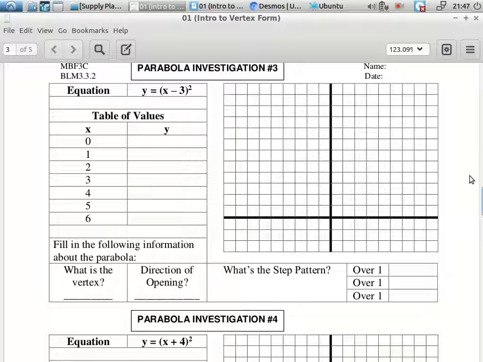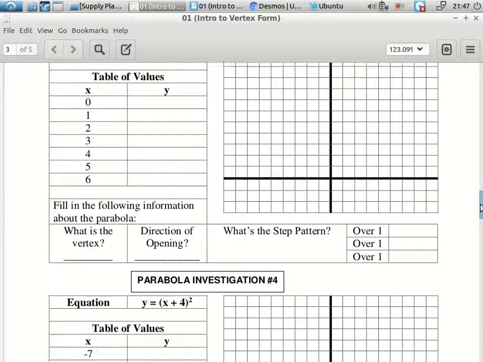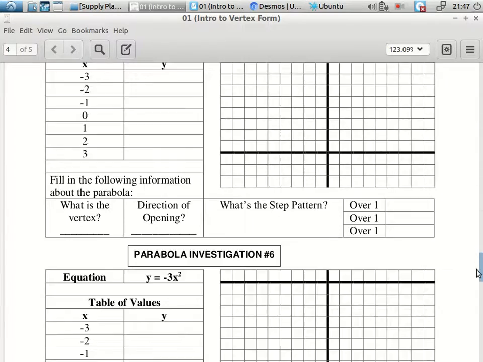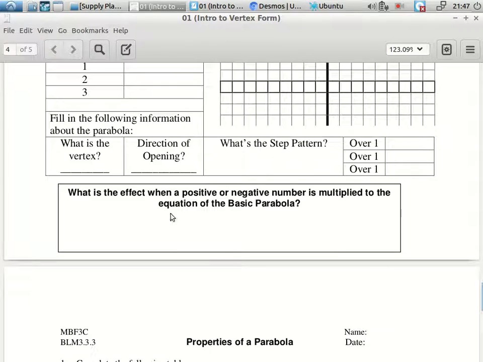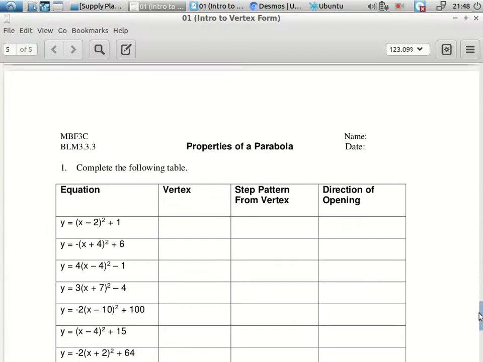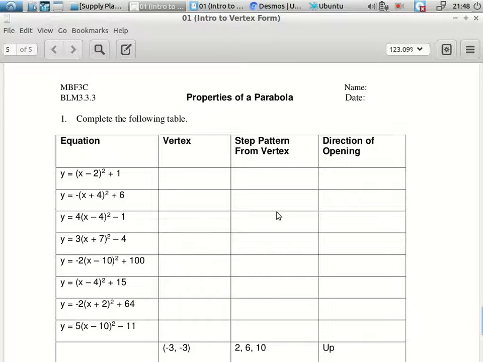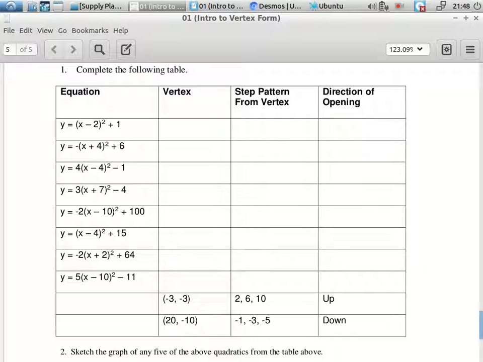Okay, so that's just the activity. Okay, when you are finished this part, okay, so using Desmos to get the graphs, and answering the questions, once you think you understand what's going on here, or what the different numbers do to the graph, then you're going to ask for this. So this is kind of the follow-up to see if you actually understand what was going on. So hopefully by the time you've done this activity, you'll have figured out what all these different numbers do to the equation, right? What are the different ways I can change the equation, change the appearance of the graph. Okay, so that's the overall goal here, is you're going to kind of teach yourself what the different parts of this do. All right, so you got the activity laid out for you,